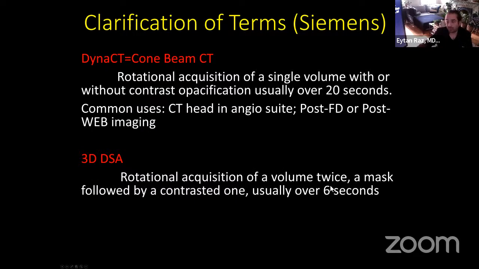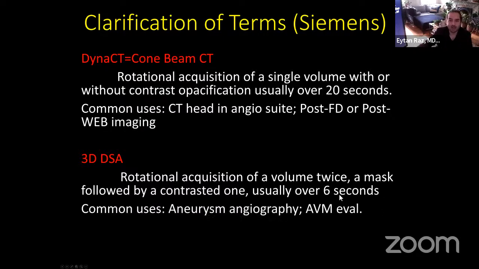It's a rotational acquisition of a volume, usually twice, with a mask followed by a contrasted one, and usually it's shorter, over 6 seconds. The most obvious use is during aneurysm angiography, to understand the aneurysm, to better understand the projections, sometimes for AVM. Now, these protocols can be used in many other ways, and that's what I will show